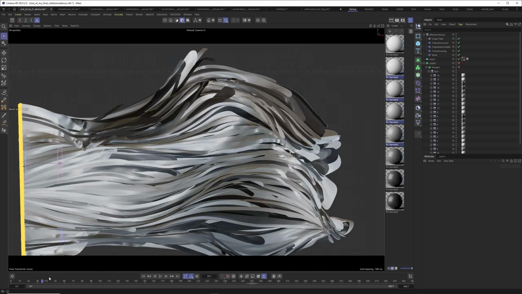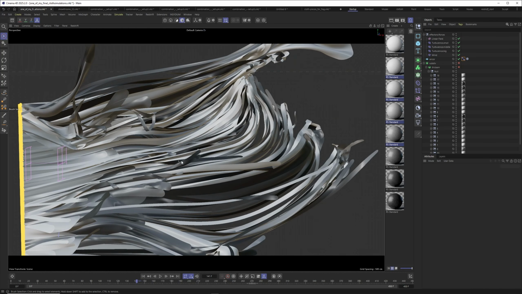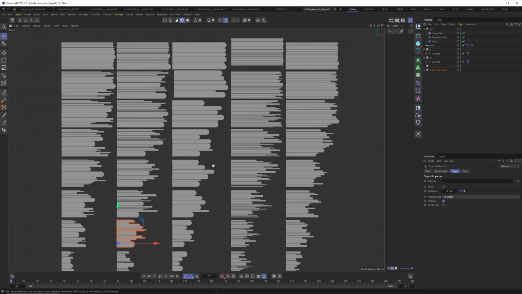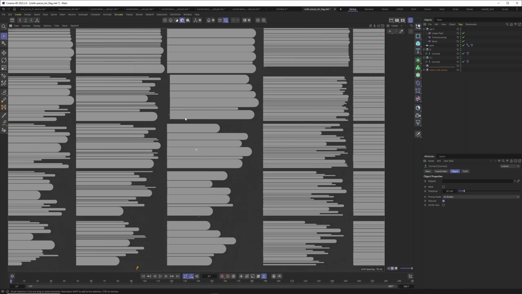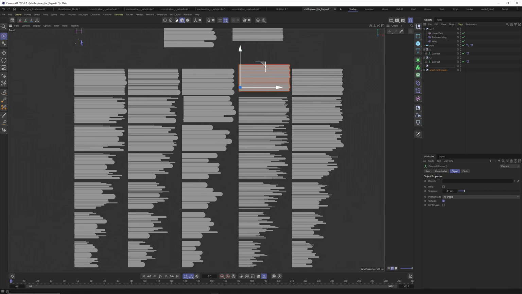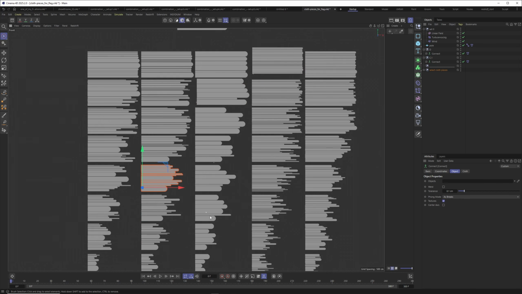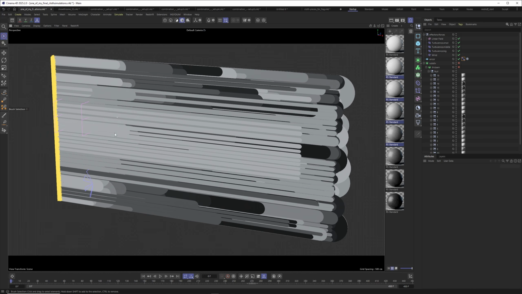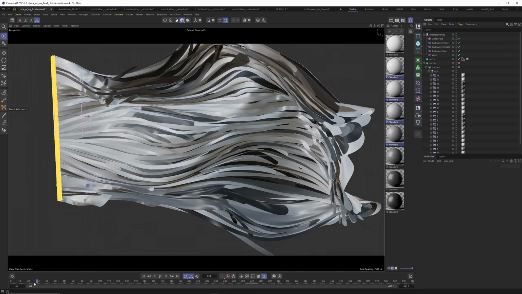To make sure these simulations are perfectly stable without any intersections, I want to provide you with a starting file. These are 40 pre-made geometries by me that you can combine into different flags. You can say you want to use this one and this one and this one and this one and maybe some of the shorter ones. Then just like I did here, stack them behind each other and click on the simulate button and